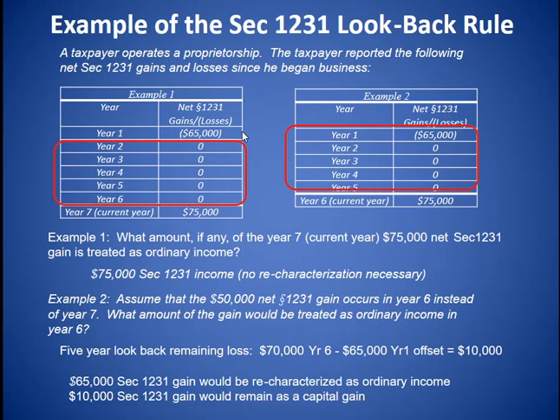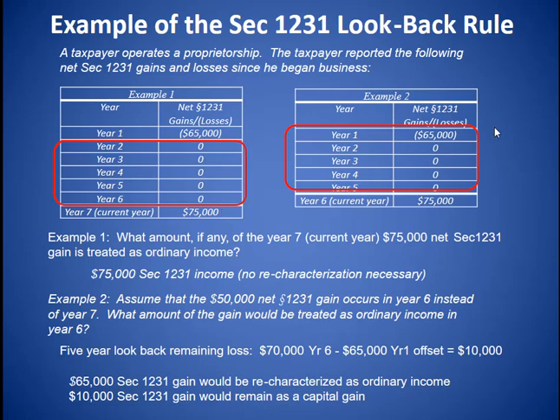And in year number 7, we would have the capital gains of $75,000. And in that case, that would be subject to favorable tax treatment. Since there were no other losses that were claimed in the previous 5 years, that amount would be characterized as a $75,000 Section 1231 gain. So there's no recharacterization. But let's look at example number 2,